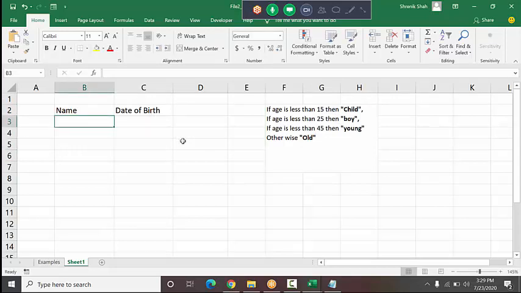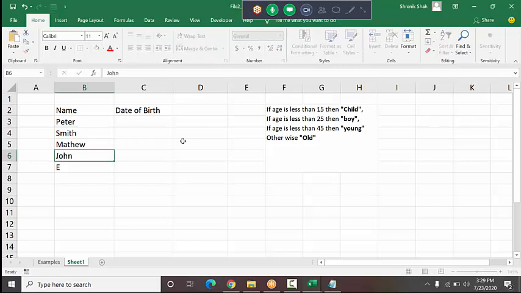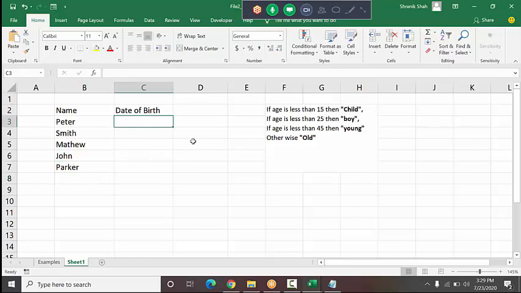I type some names. Here I just type A, B, C, D, E, or we can type something like Peter, Smith, Matthew, John, and Parker. And here is the date of birth. Remember, in Excel when you type a date, the default format is always month, day, year. I type month as 9, then 13 as the day, then the year.